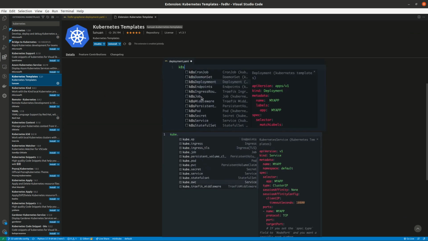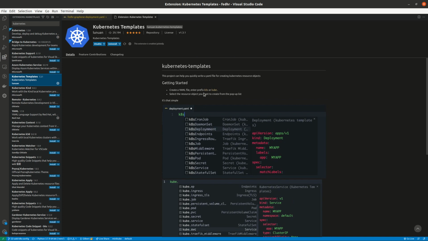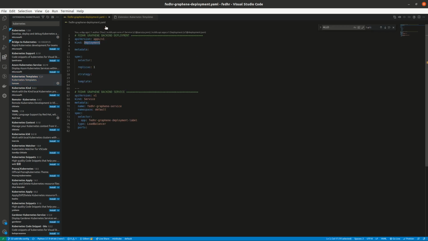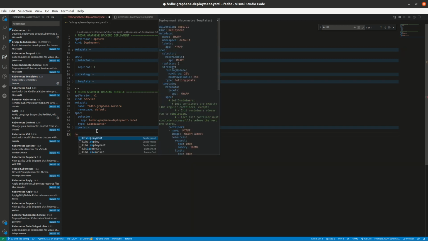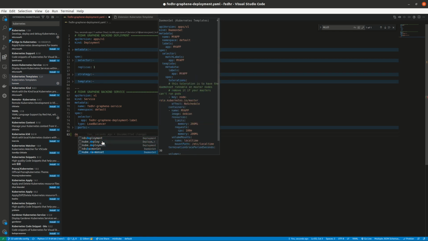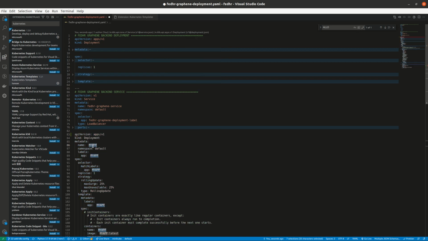So Kubernetes templates allow me to quickly create a file. So for example, if I come here and I say deployment, it already will show me different templates. K8 deployment, kube.deploy, that is all the same thing. So if I choose this,